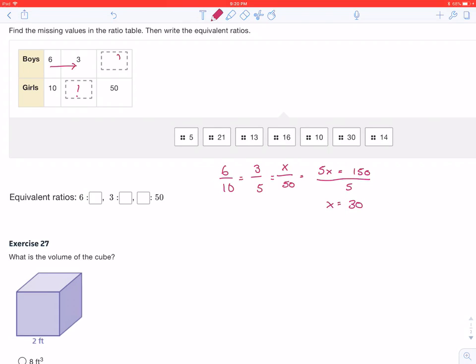And then you're going to take those same values that you plugged in here. Those are the same values that are going to